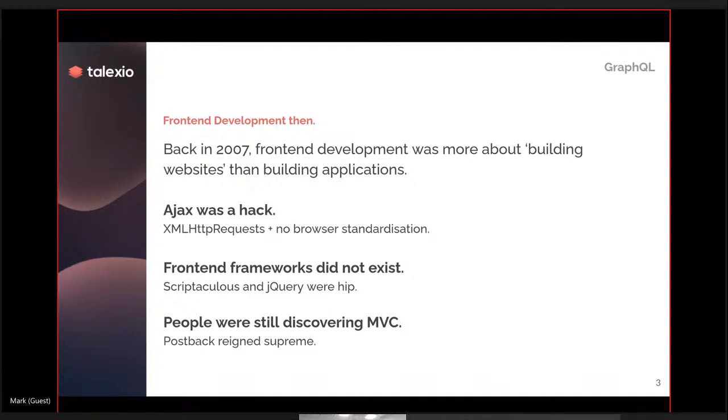Front-end development was quite different back when I started, back in 2007. Back then it was more about building websites than building applications. Why? Because there was not yet much of what we now understand as web applications. In fact, Ajax was still quite the hack. We made use of the XML HTTP request to achieve the effect of Ajax. There was no browser standardization for doing that. So you had a way of doing it on IE, a way of doing it on Firefox. So it was quite